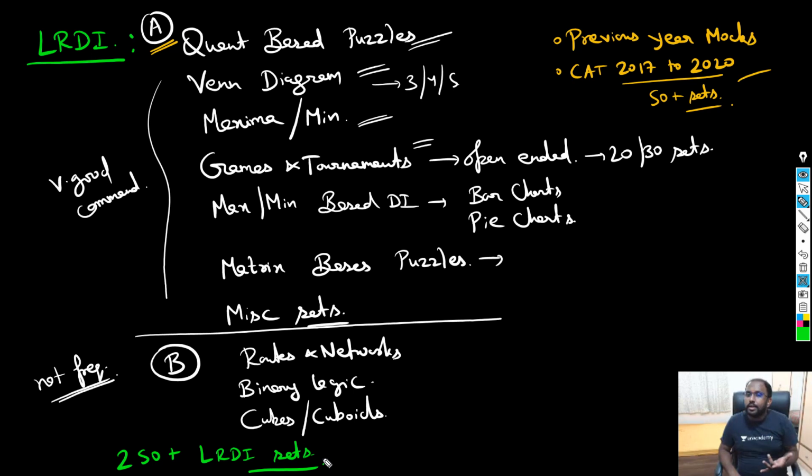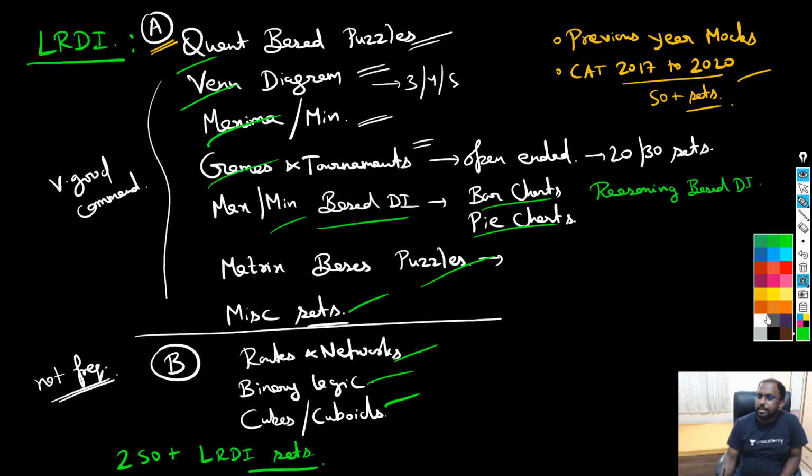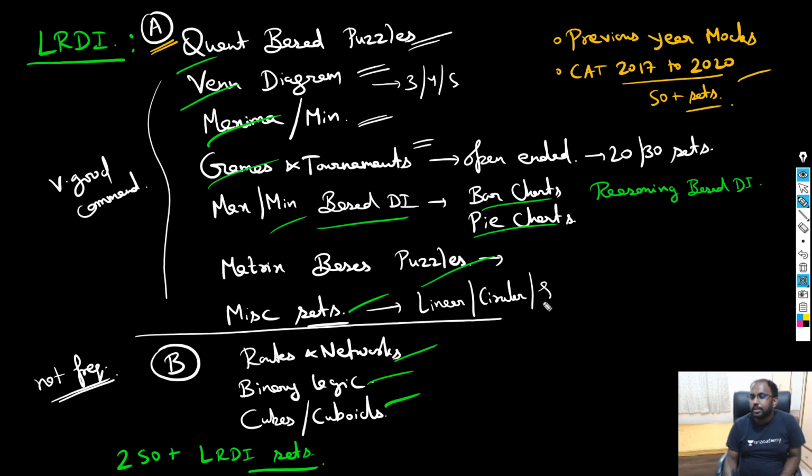Solve around 250 plus LRDI sets on quant based puzzles, on Venn diagram, maxima minima, games, tournaments. Okay, DI, bar charts, pie charts. Okay, in this you can also include some reasoning based DI. That's a part of, again, maxima minima only. Okay, then you can include some matrix based puzzles, miscellaneous sets, random sets which you see. Then routes and networks, binary logic, cubes, cuboids. So all these topics, once you prepare all these sets, right? And in miscellaneous, you ask me what is miscellaneous. It could be linear arrangement, it could be circular arrangement. Okay, it could be selection based sets, right? So all these things will come in miscellaneous also. Okay,